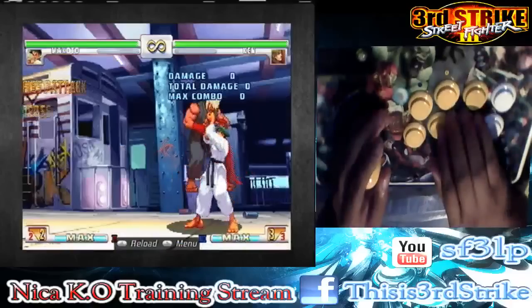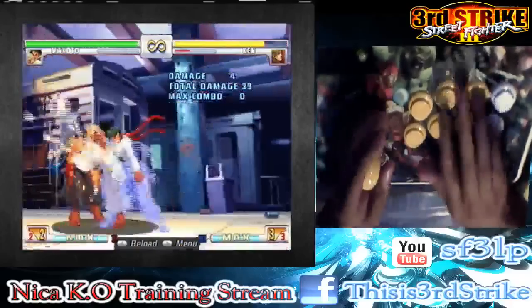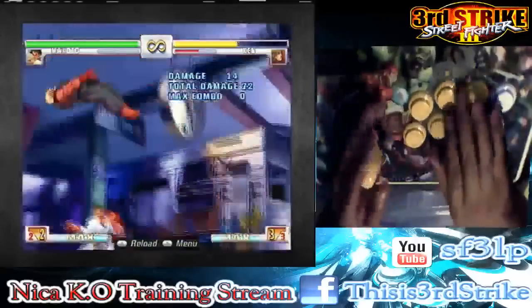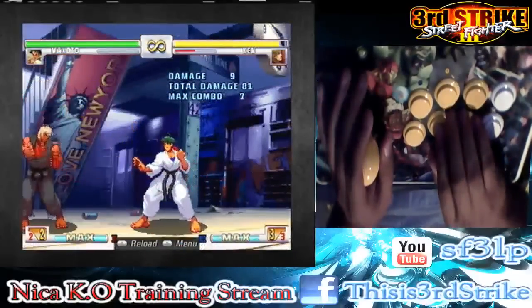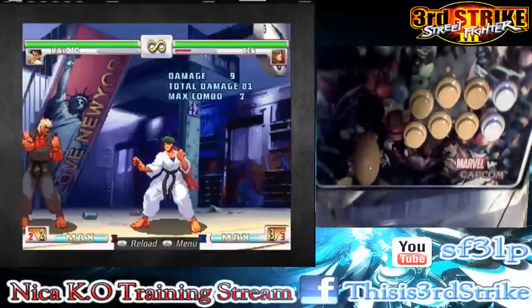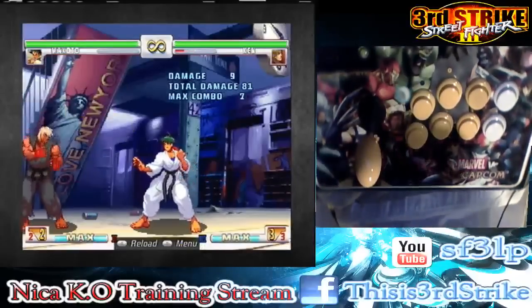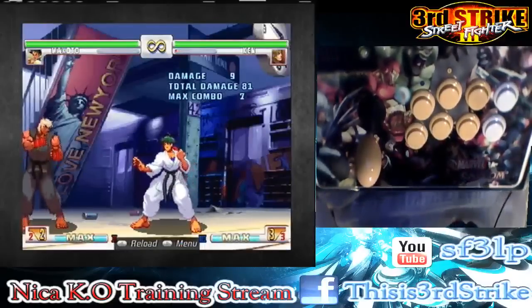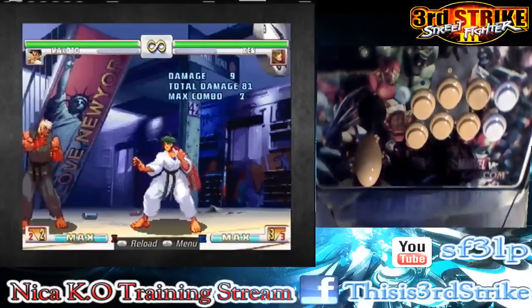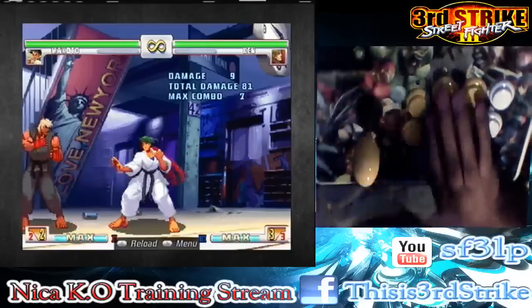I mean, you can also mix this juggle up too. You can also do standing fierce Hayate fake, or standing forward. But if you want to get the knockdown, then you can do the Hayates,